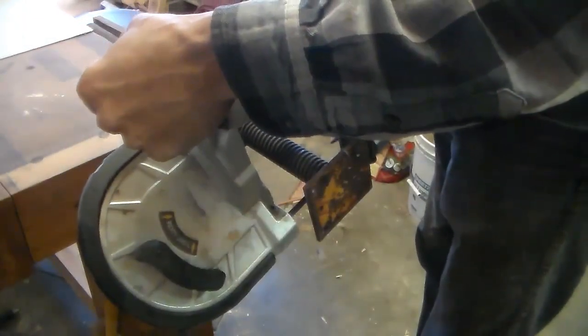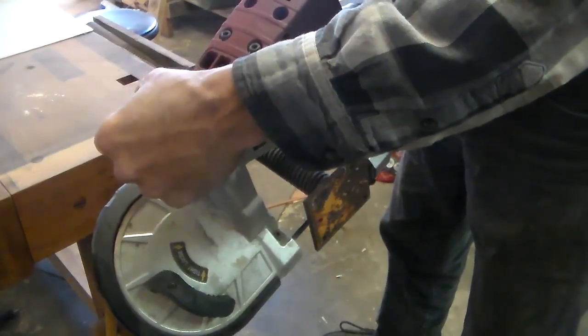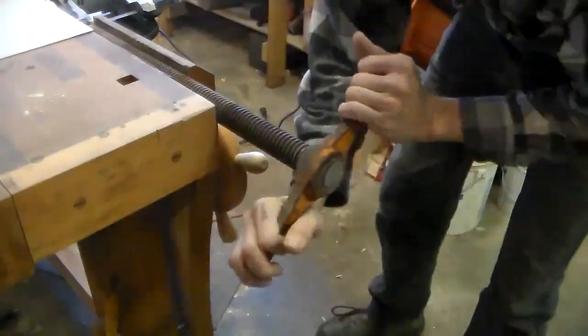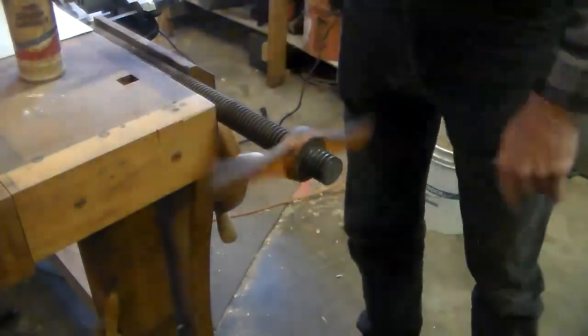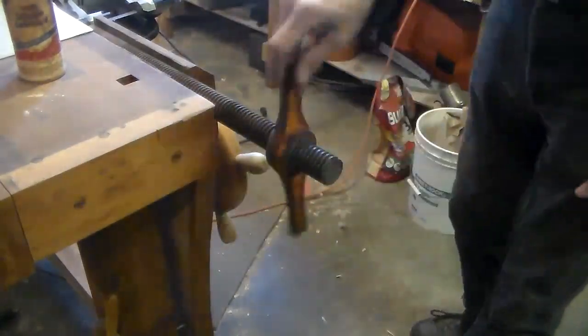So here we go. Finally time to get this vise onto the end of my Roubo Workbench. I'm using the same type of screw that I used for the leg vise. This one was made a little differently, but it's the same type of deal. So right now I'm just trying to get the threads set up so they'll go in and out of that thing,